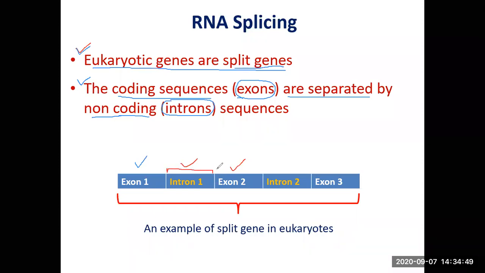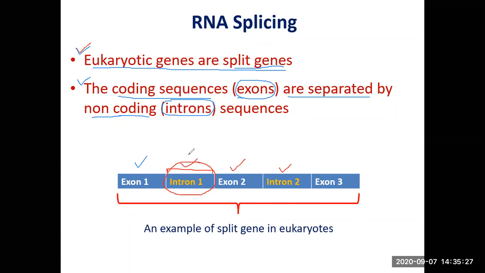A gene may have more than one intron also, depending upon the size of the gene. You can have multiple exons, you can have multiple introns, and accordingly you can name them. Exon 1, exon 2, exon 3, exon 4 like this. And similarly, introns can also be named intron 1, intron 2 like this. So you understand, exons are coding sequences, and two coding sequences, meaning two exons, are separated by a non-coding sequence, an intron. Right? So this is an example of a split eukaryotic gene where exons and introns both are present.